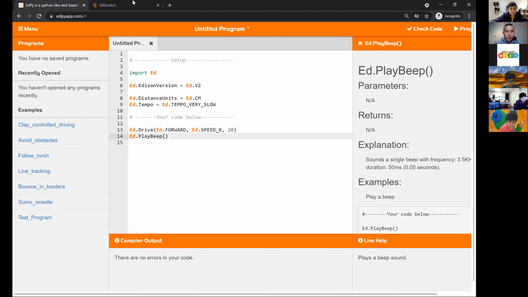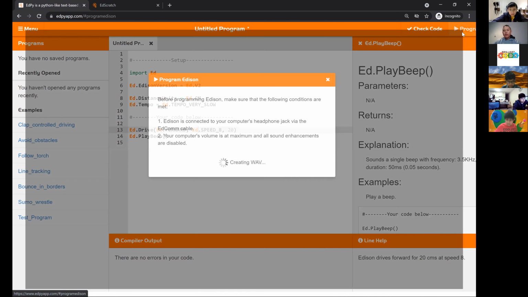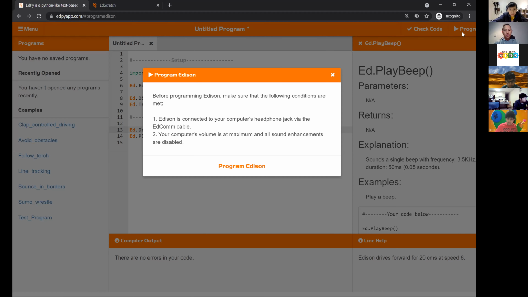So I'm going to quickly program this and then let you try to run the Edison program yourself, and just see if it works. You should drive forward, and then it should play a beat.